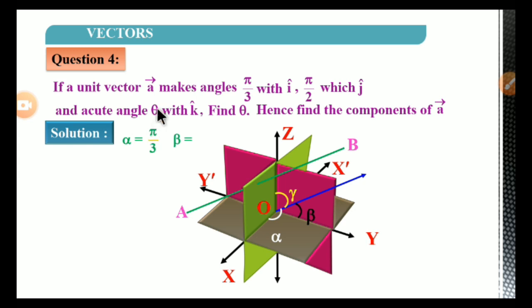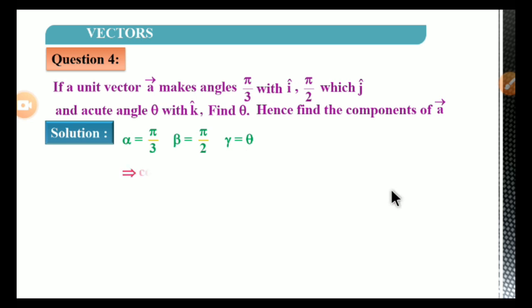Now alpha is equal to pi by 3, because alpha is the angle made with the x axis. Beta is equal to pi by 2, because this is the angle made by the vector with the positive direction of the y axis, and gamma is equal to theta, because this is the angle made by the vector with the positive z axis. So this implies